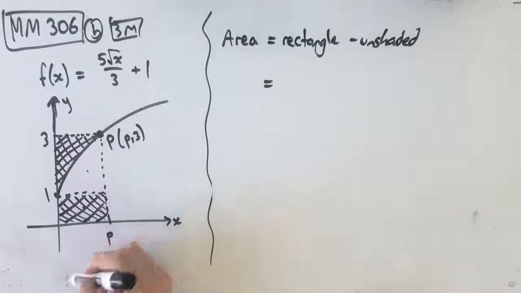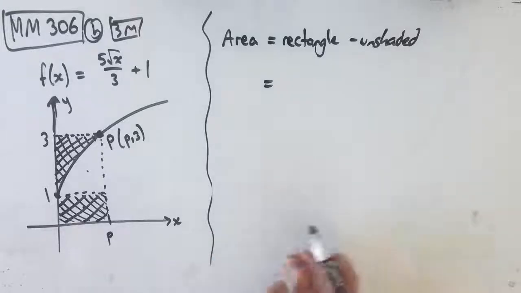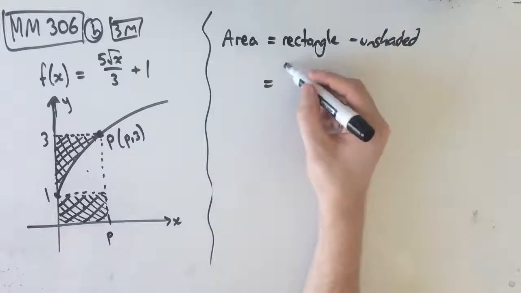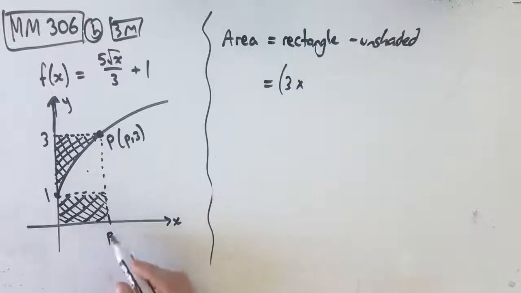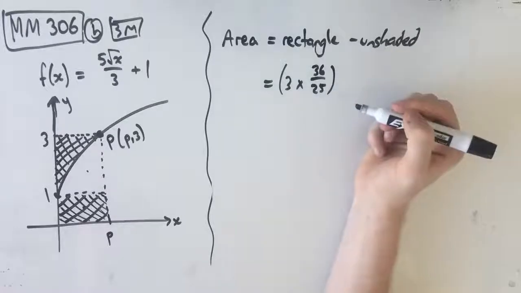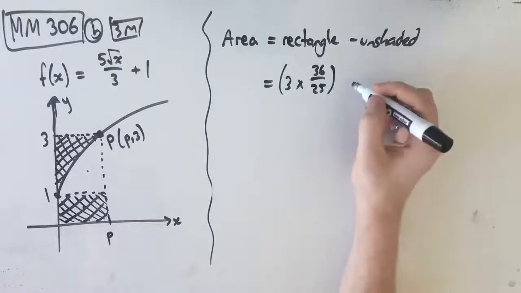Now our rectangle, to find the area of a rectangle, we just do length times width, right? So our length is 3. So that's 3. And our width is p, which is 36 on 25. Right? We found that in the previous question. 36 on 25. Now, what we're actually going to do is we're going to minus